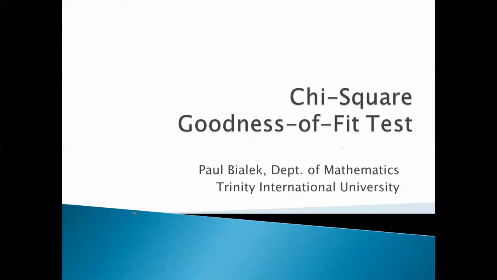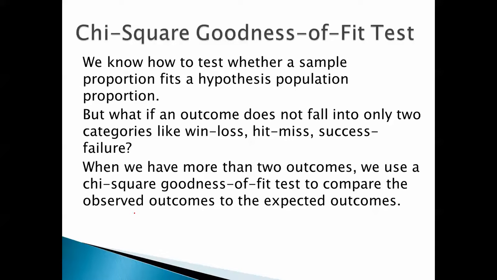Let's look at a chi-square goodness of fit test. We know how to test whether a sample proportion fits a hypothesized population proportion. But what if an outcome does not fall into only two categories, like win-loss, hit-miss, success-failure? When we have more than two outcomes, we use a chi-square goodness of fit test to compare the observed outcomes